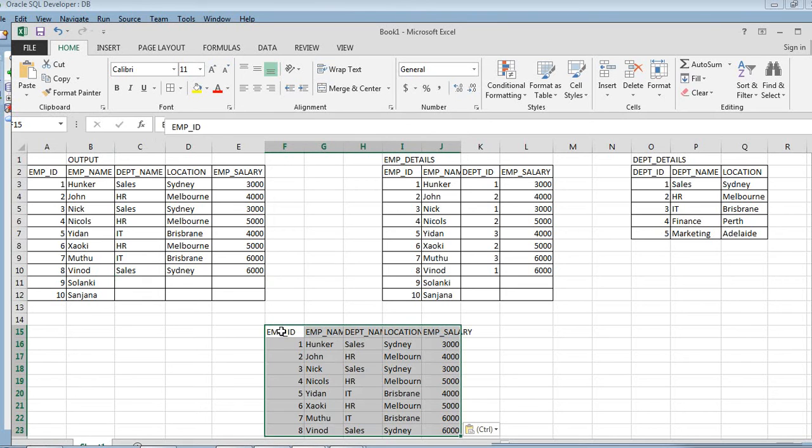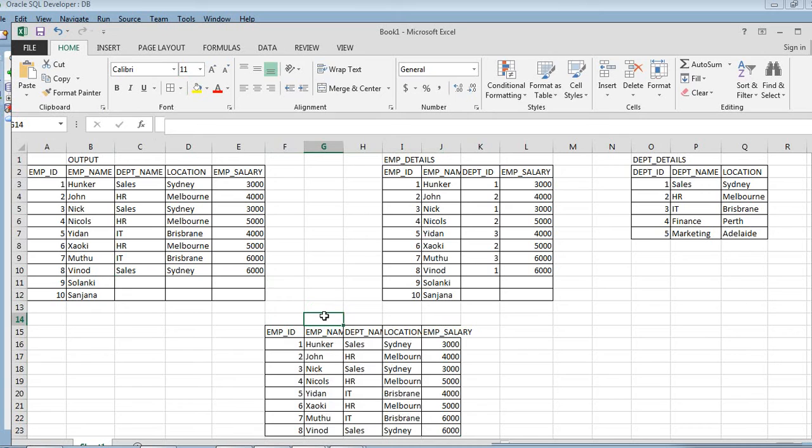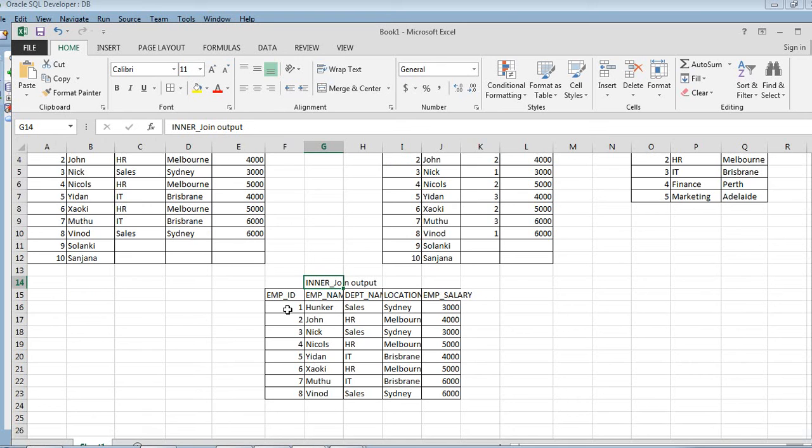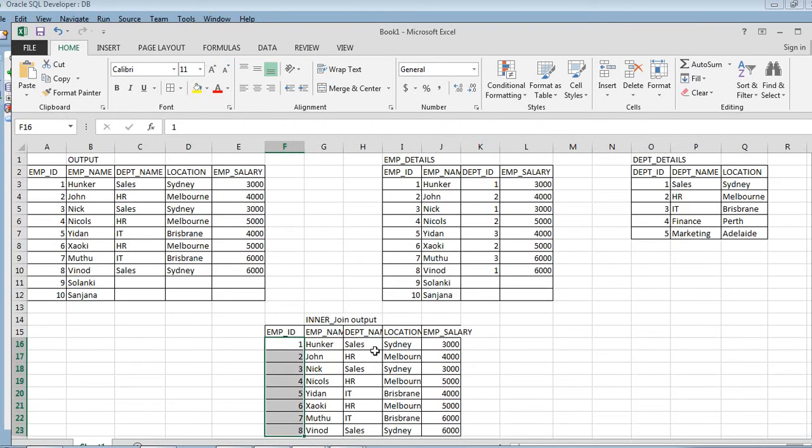So this is the inner join output. What have we received in the inner join output? We have received only those employee IDs which are present in both the tables.